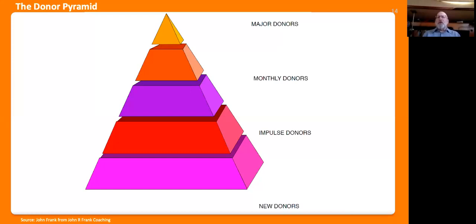If the major donor is a scoped sniper rifle, the impulse and new donors are shotguns. You're focusing on donors right up there, but when you do new donors and you rent, let's say you rent 10,000 names and you get 1%, so what's that, 100 names? You may say, oh boy, that's not many, but you have to do it year after year. Sometimes we used to do it in Easter. Some brokers are advising doing it more times a year.